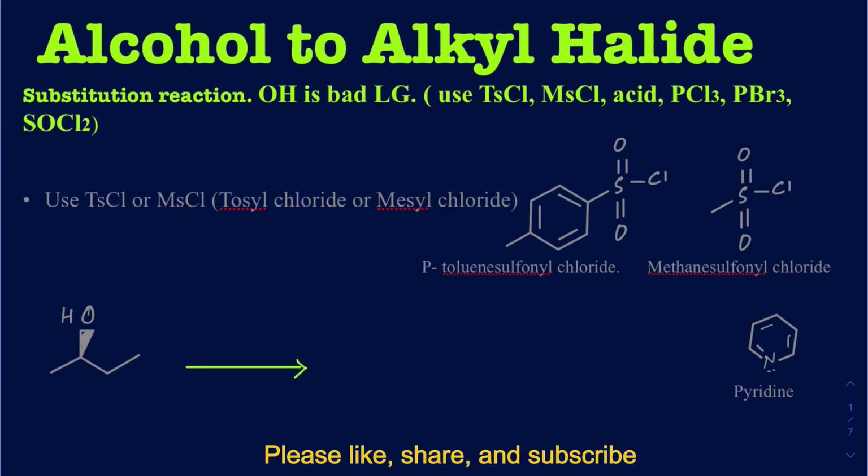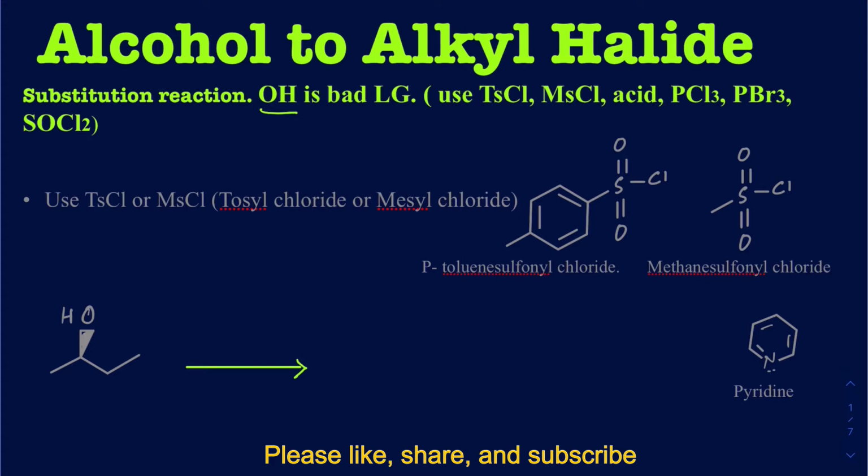Hello everyone, in this video I'm going to be talking about how to convert alcohols to alkyl halides. Alcohols have a bad leaving group, so you really can't directly convert alcohols to alkyl halides. Before you do so, you would have to convert the OH, or the alcohol group, into a good leaving group,